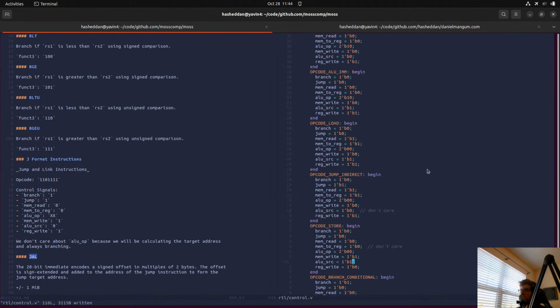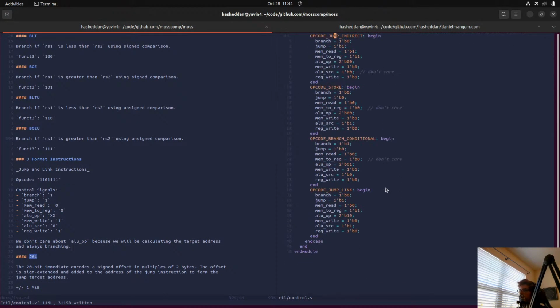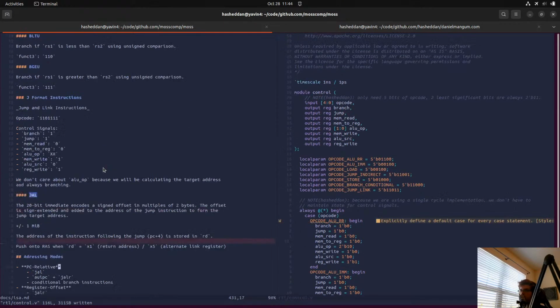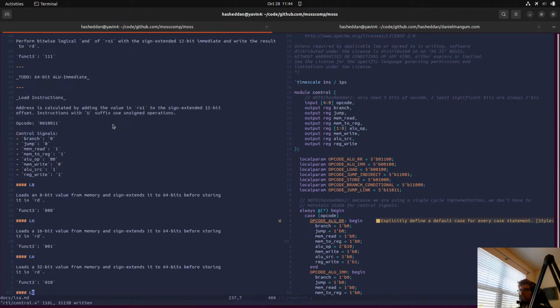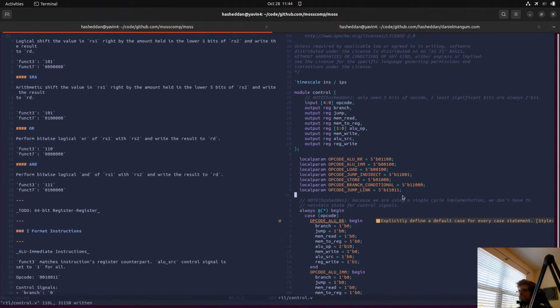As I said last time, we do not have our 64-bit instructions added here quite yet. And so we'll keep those as to-dos for now.